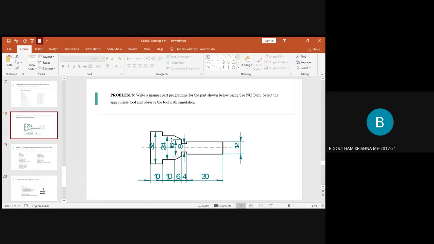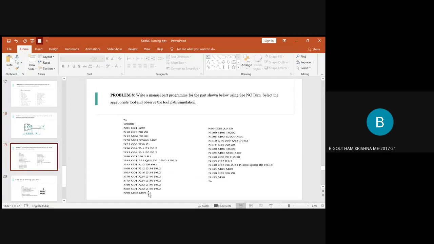So after this, the X will be 24 only. We were here at X 24, and until here also it is 24 only, but only the value of Z changes. So now you will write it as X24. The value of Z now gets changed, right?